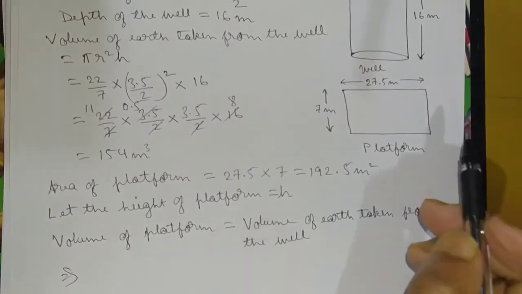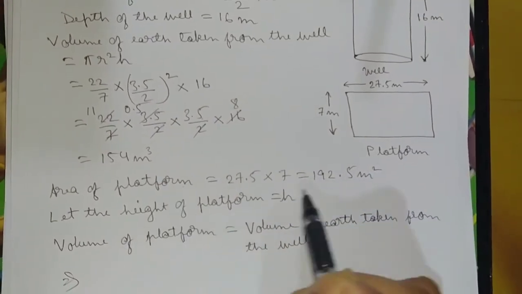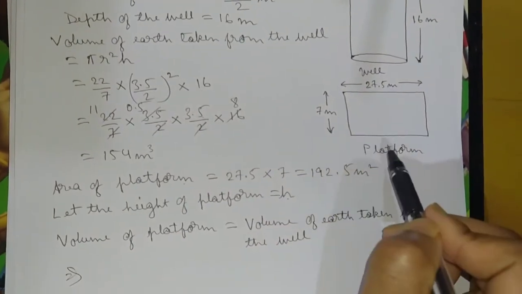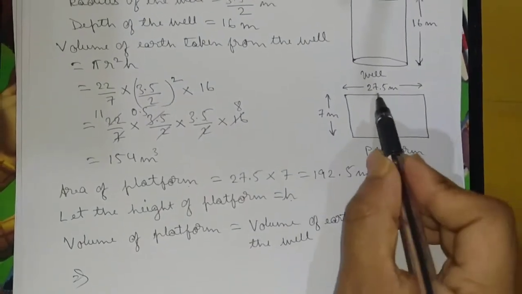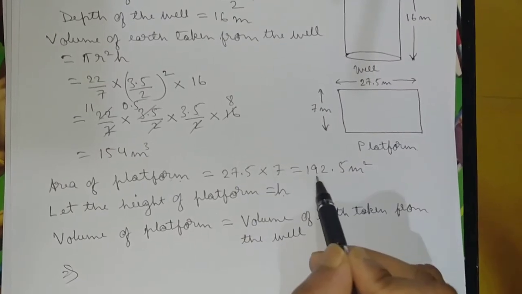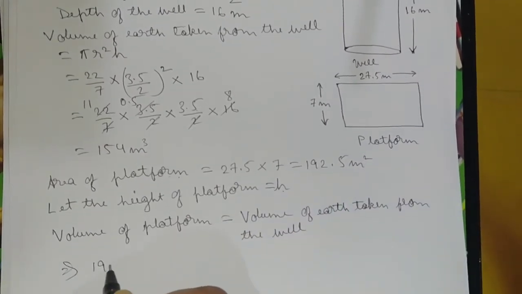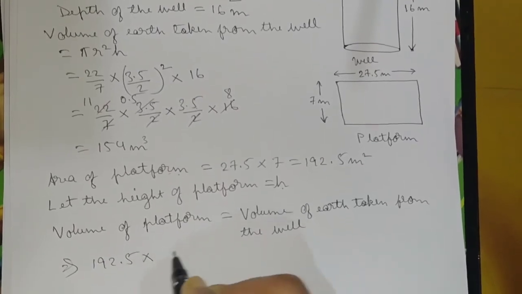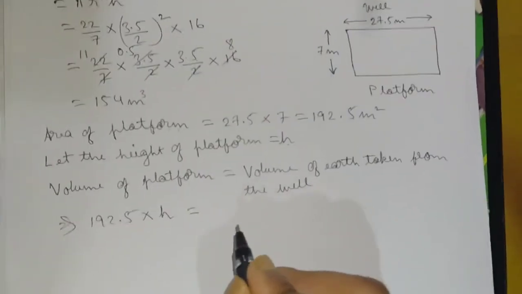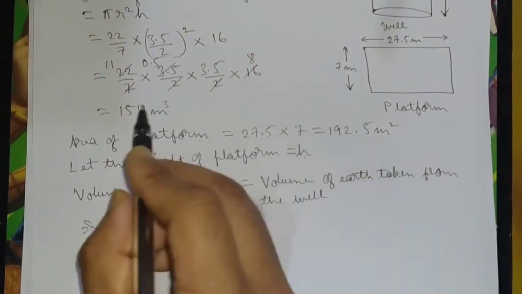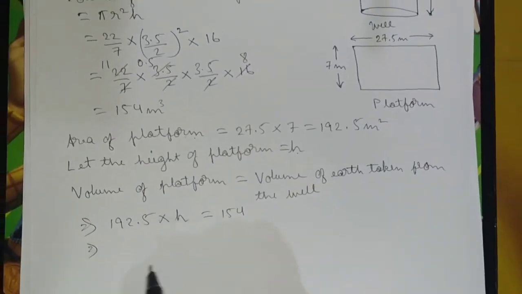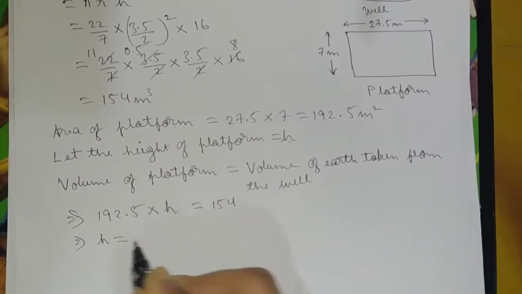Volume of platform is area of platform into height, that is length into breadth into height. Area of platform is length into breadth, 192.5 meter square. So 192.5 into height is the volume of platform. This is equal to the volume of earth taken from the well, 154 meter cube. So this implies that h